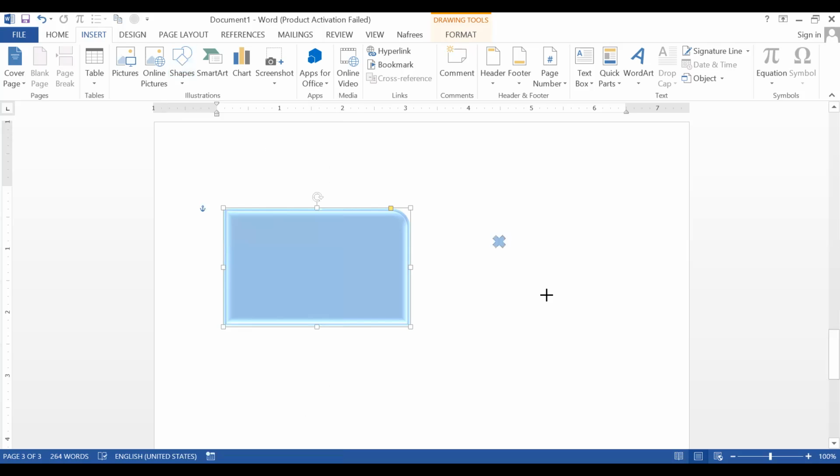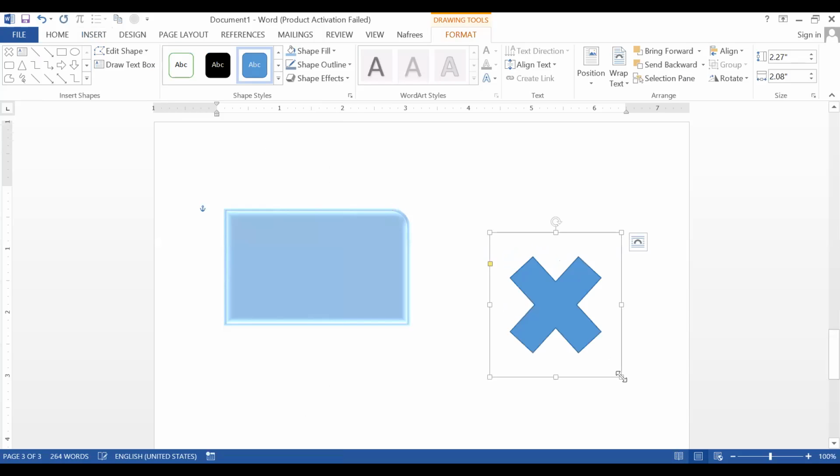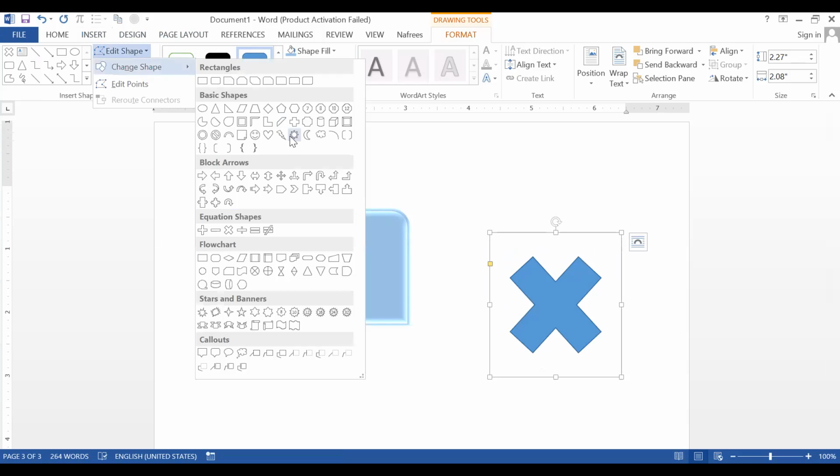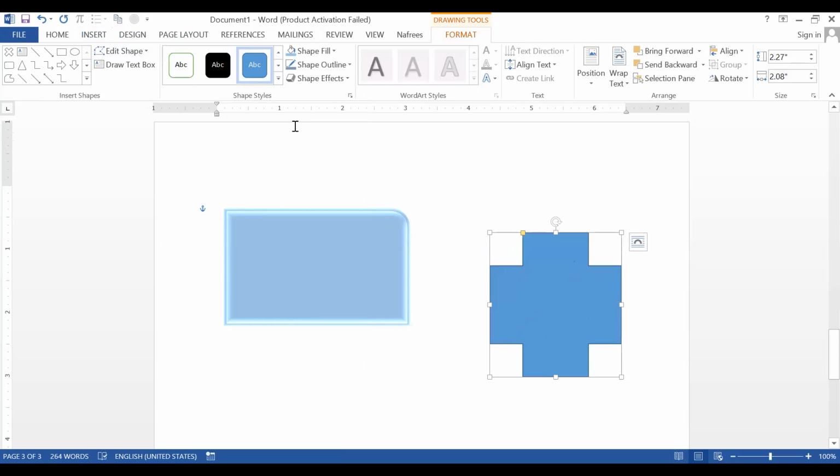So you can create any kind of shape. After creating, if you want to change the shape, then go here. You have to select the shape, then go to edit shape, change shape, and select your choice.